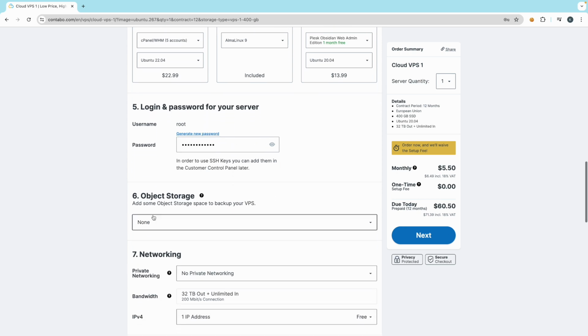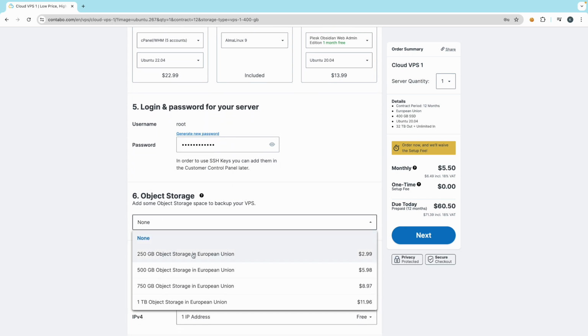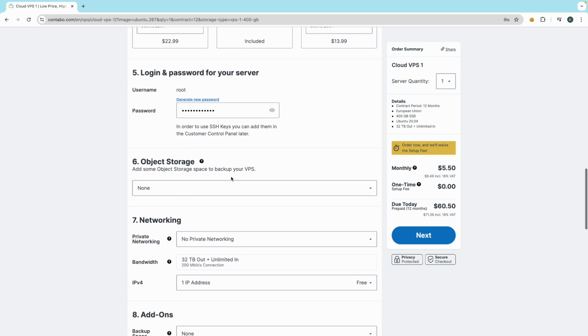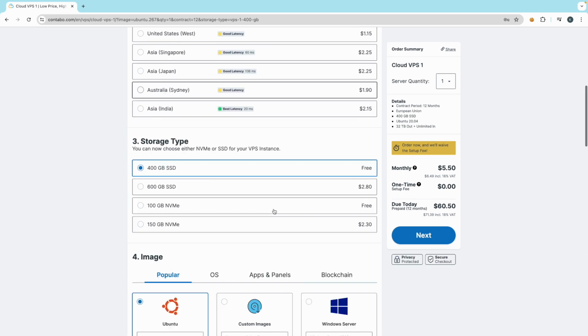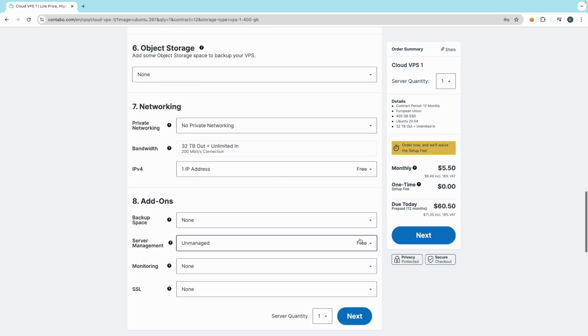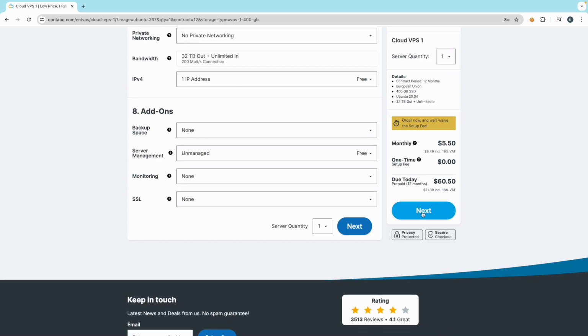Okay, then object storage, if you want it, is some extra backup for your VPS. If you want that, you can add it. And for each and everything, you can click on the question mark button to read about it. There are plenty of add-ons, like if you want your server to be managed by Contabo, you can go with that, but I will select everything as default. Okay, and after you do this, you can simply click on the next button,